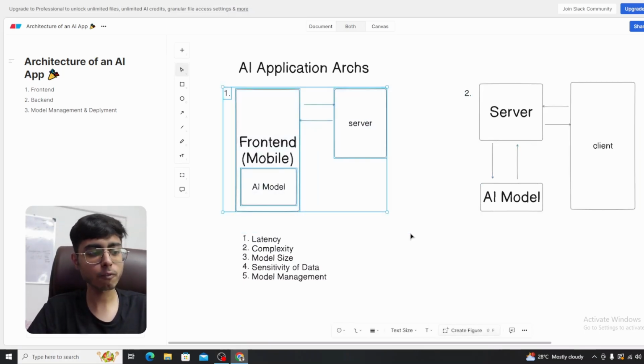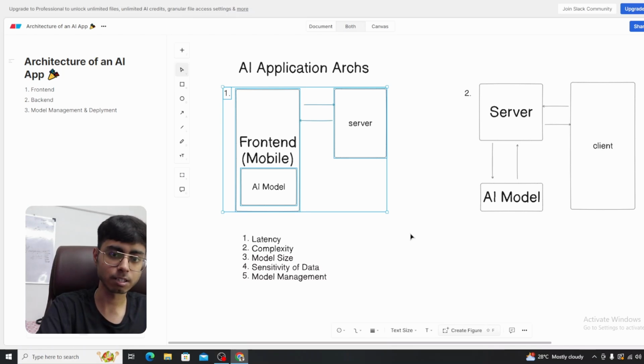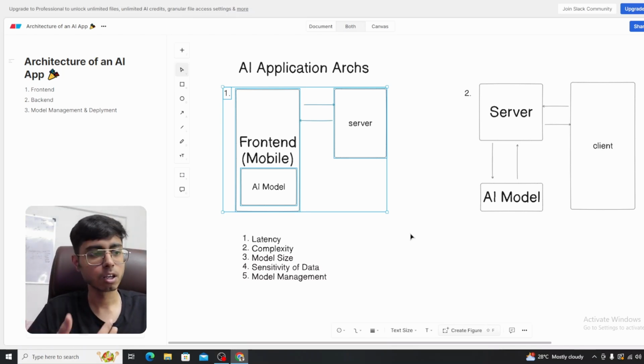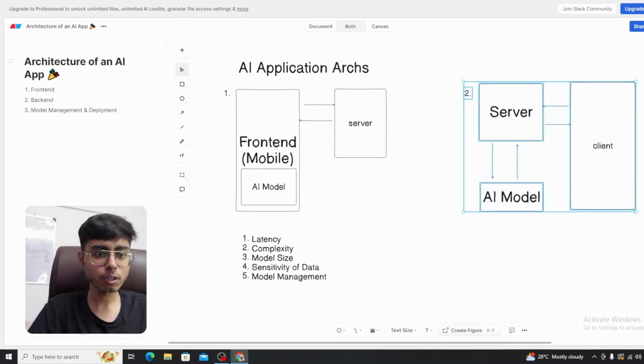The first is mainly used when you want to deploy your AI model on an edge device, like in a washing machine or directly in a mobile device or smartwatch. At that time this makes more sense. And this one you use when